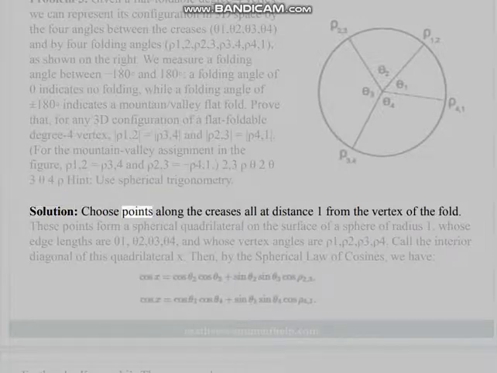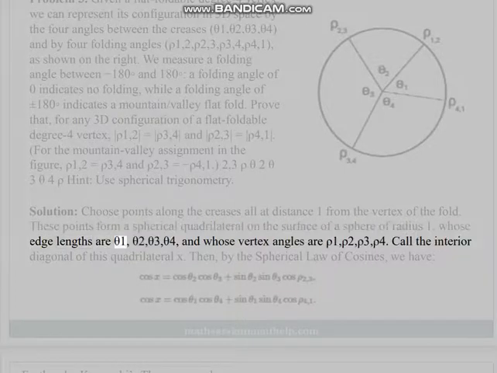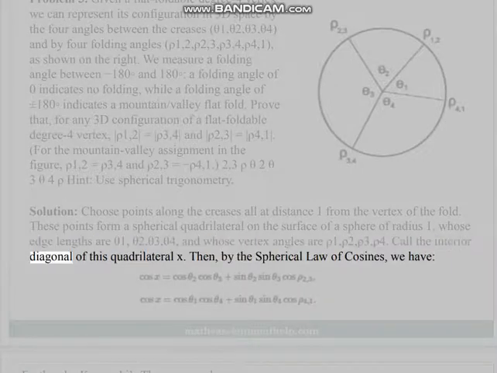Solution, choose points along the creases all at distance 1 from the vertex of the fold. These points form a spherical quadrilateral on the surface of a sphere of radius 1, whose edge lengths are θ1, θ2, θ3, θ4, and whose vertex angles are ρ1, ρ2, ρ3, ρ4. Call the interior diagonal of this quadrilateral x. Then, by the spherical law of cosines, we have